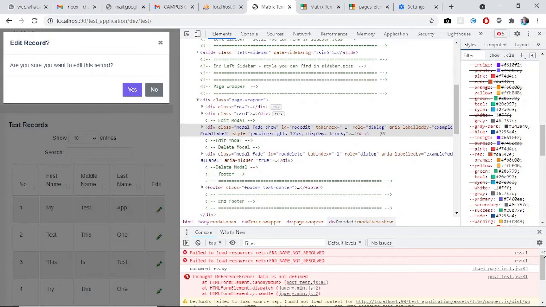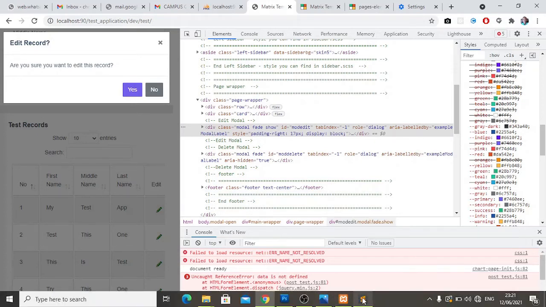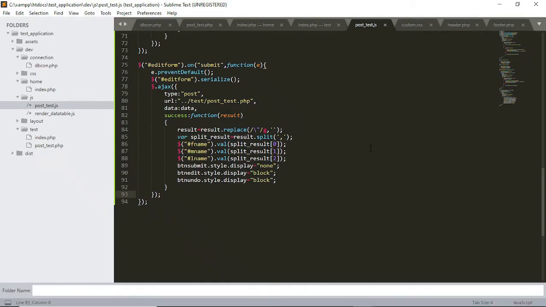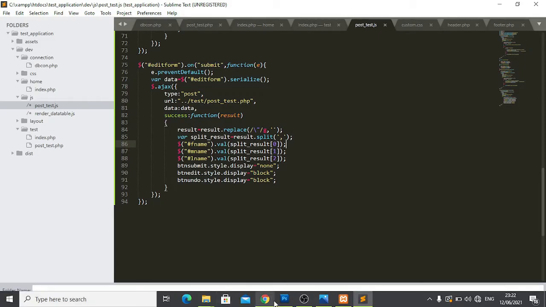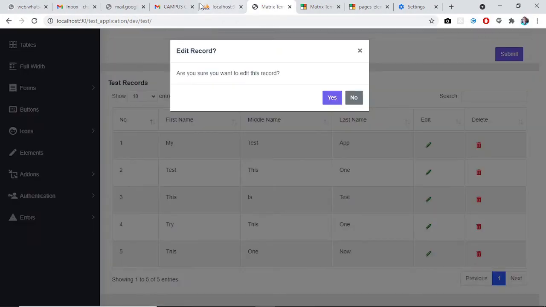As you can see, data is not defined in post test JS line 81. They are saying data is not defined. It is true, we didn't create the data variable here equals to edit form dot serialize. So let us just refresh here,